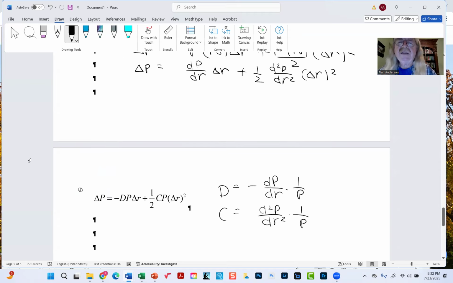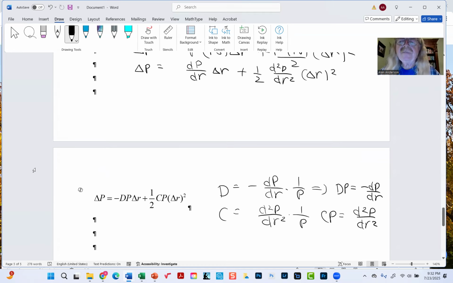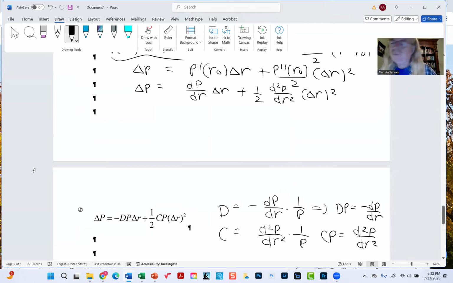Oh, no, I see. Okay, so in other words, this is what we're actually doing. This implies that D P is negative dP over dR, and C P is d squared P over dR squared. Now we're good, because now you can see that this leaves us with